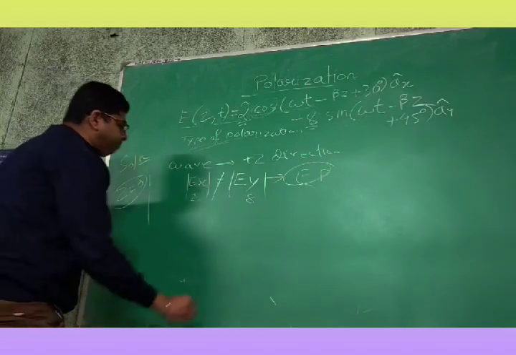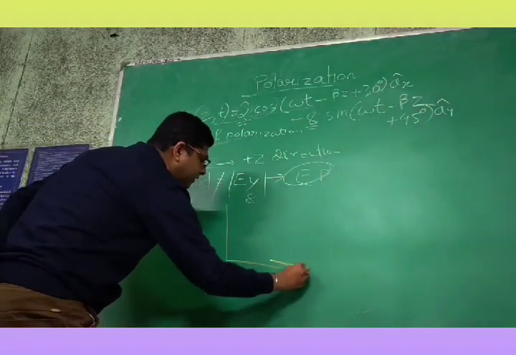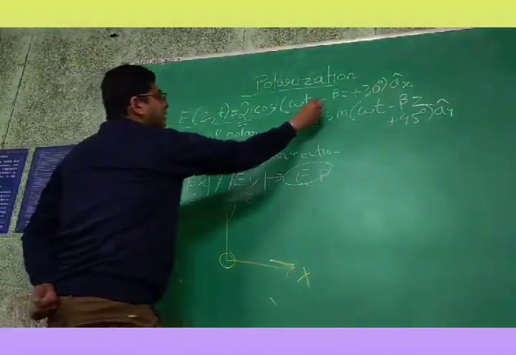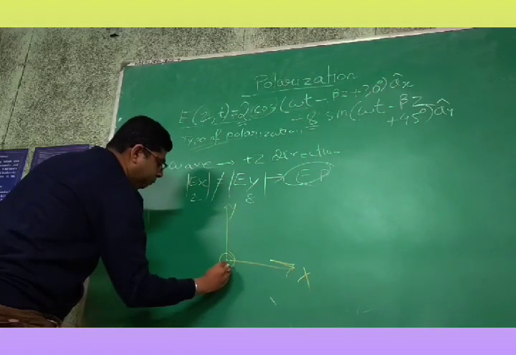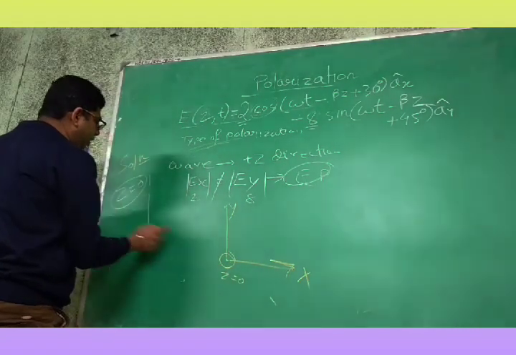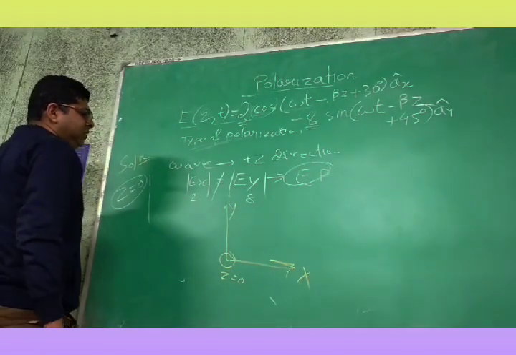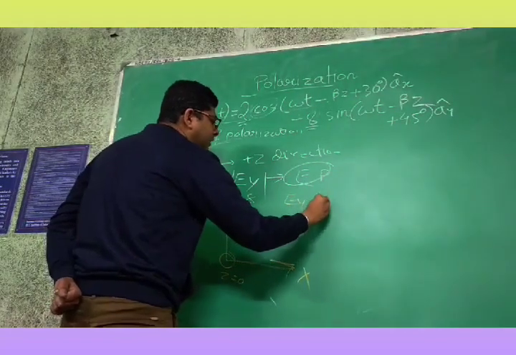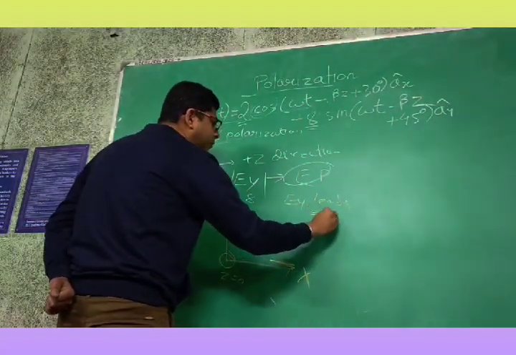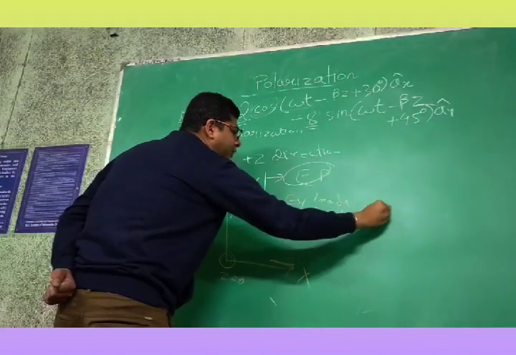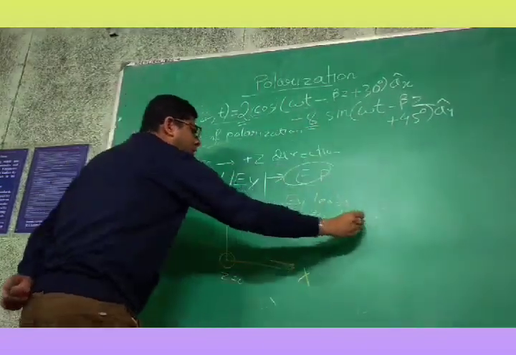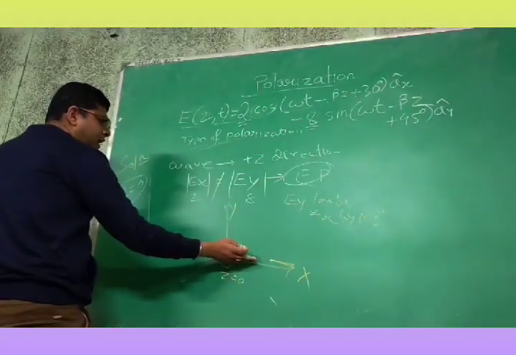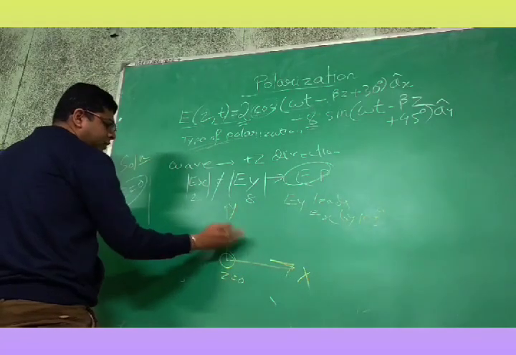Now you need to just confirm whether it is left-handed or right-handed. So what you can do is, let us plot. This is our x, this is our y. The wave is propagating in plus z direction. So this is z equal to 0 because we are calculating for this point. Now see which one is leading. We have checked that Ey leads Ex by 105, that is 135 minus 30. Okay, so there is a difference of 105 between these two components.